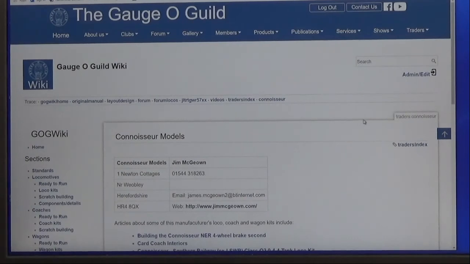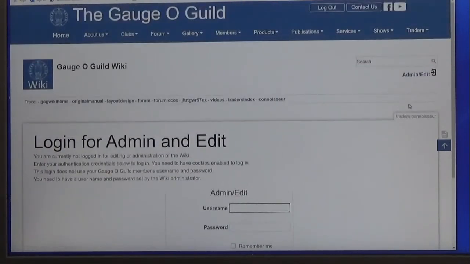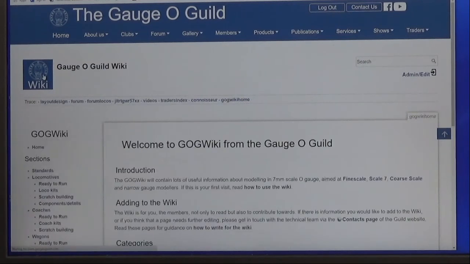If you want to get involved in the wiki, you can apply to me via the website on our contacts page and tell me that you want to join the team and contribute towards the wiki, and you'll be very welcome. If you do that, you'll be able to log in here, log in for admin and edit. I will provide a username and a password. These will be completely different from the username and password that you use to log in on the website, and once you're in you will be able to edit the pages and add information into the wiki. So going back to the home,